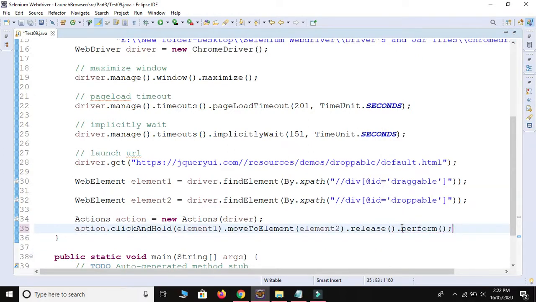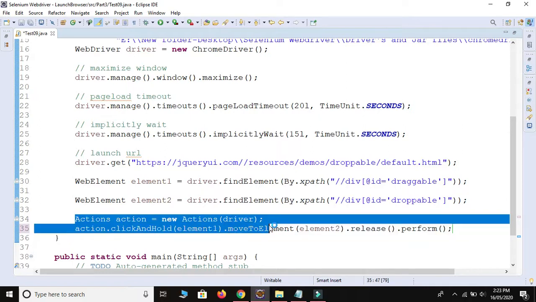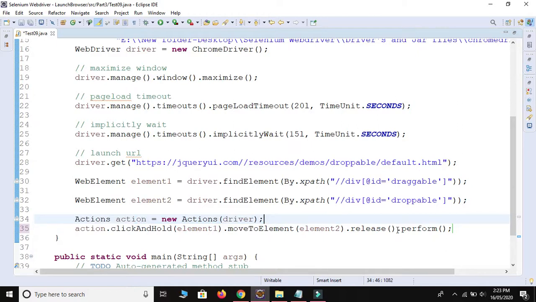Without this perform method, we are not able to perform any single action. It's like in a movie: action, perform. So whenever we use the Actions class in Selenium, this is the mandatory method.